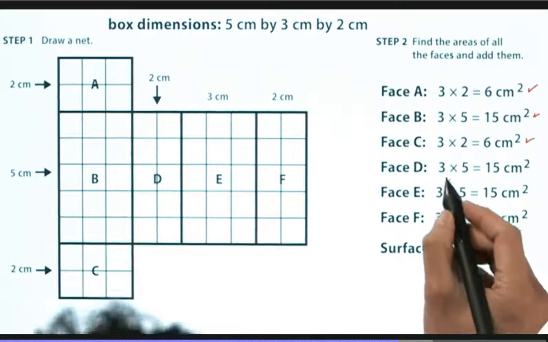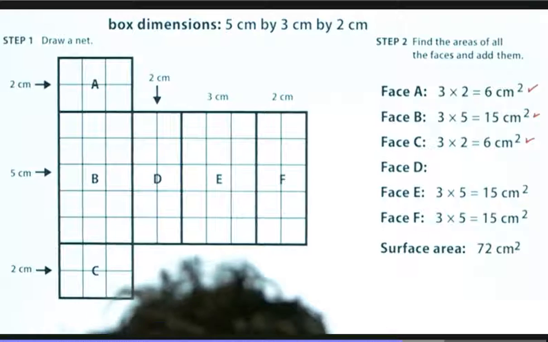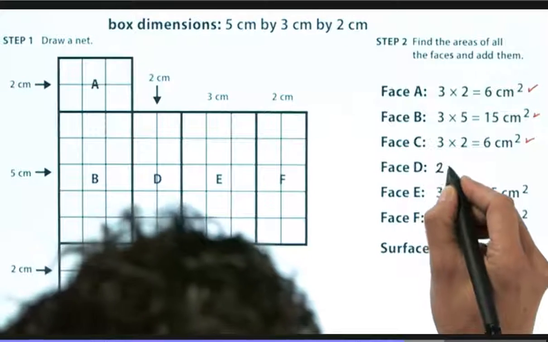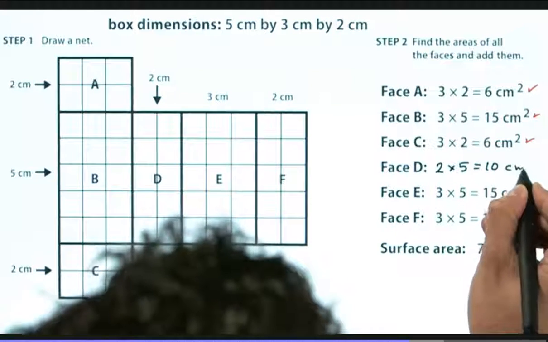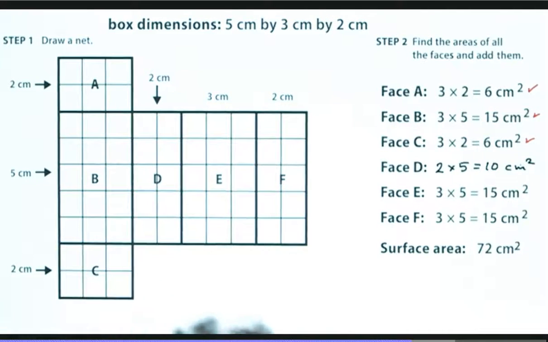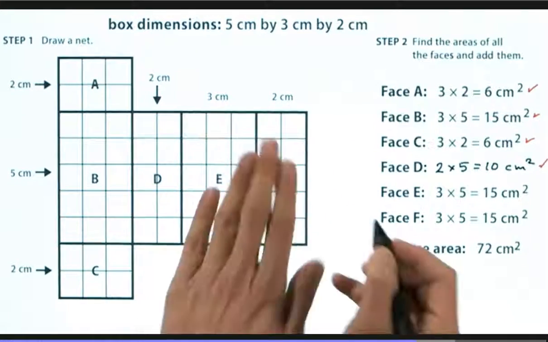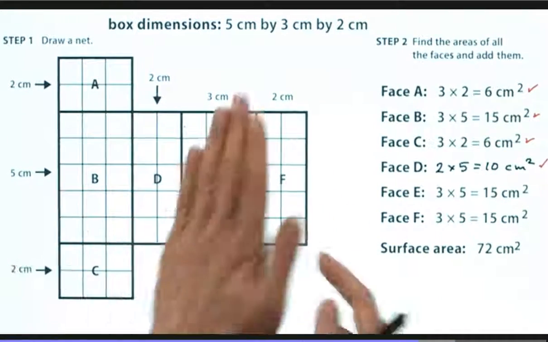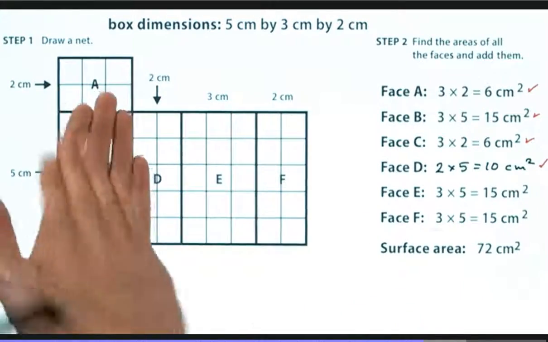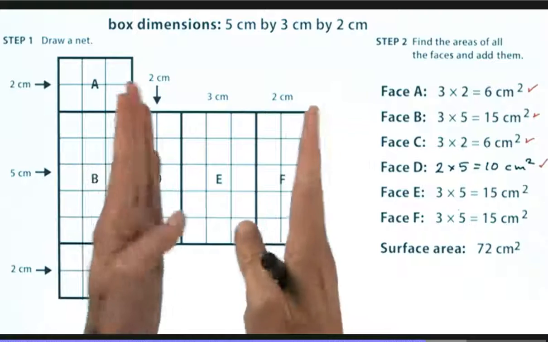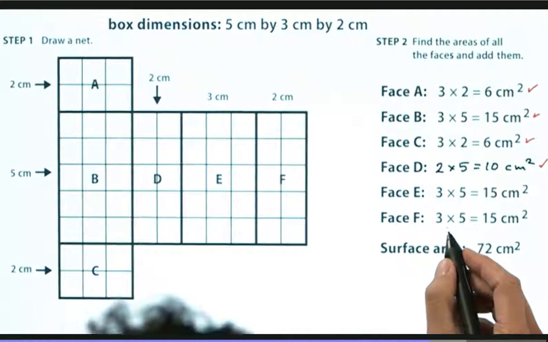So in fact, what we want to do here is take away D, that's just not good, and we want to replace it by 2 by 5, which equals 10 centimeters squared. And so now, in fact, that's good. The E face stays the same because that's going to be the same as the B face, the top face. You see the opposite faces. B and E have to be opposite, and then the F and the D are going to be opposite each other. So that means that, in fact, the F is wrong,